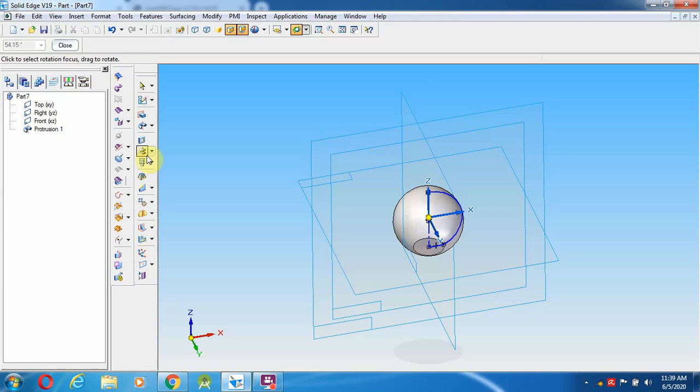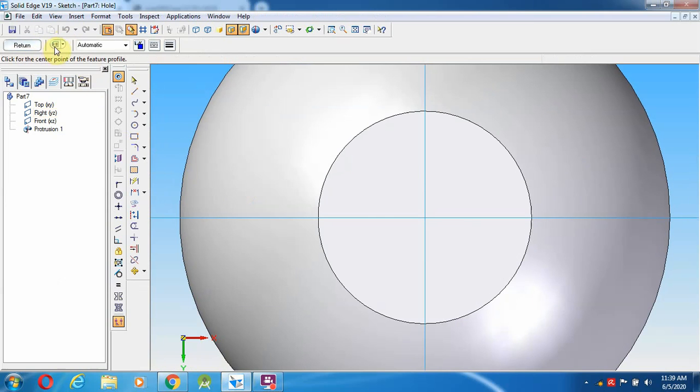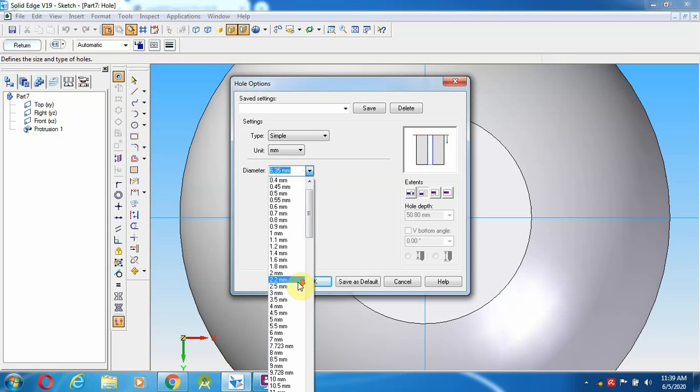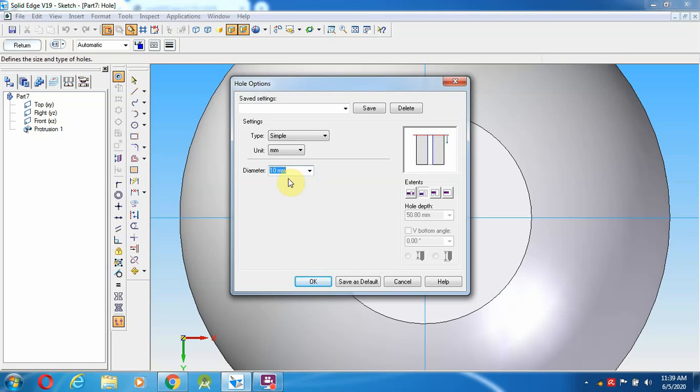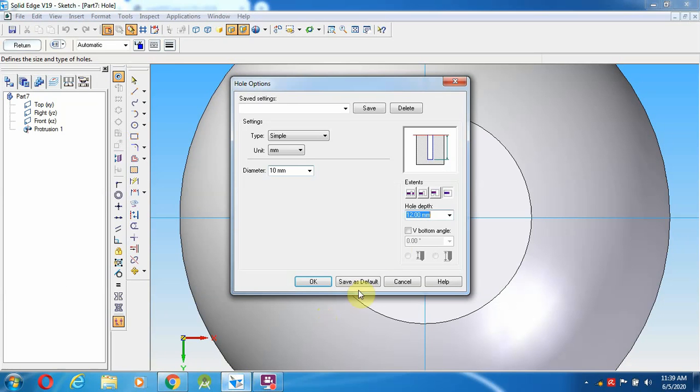So go to the hole option, select the surface from here and hole parameter simple, 10 mm diameter, 12 mm deep, and also it is the V bottom, 12 mm deep, 10 mm. So V bottom, that is the 90 degree.